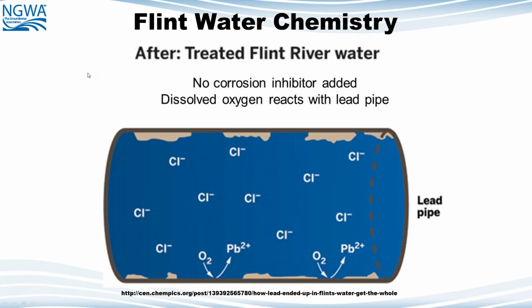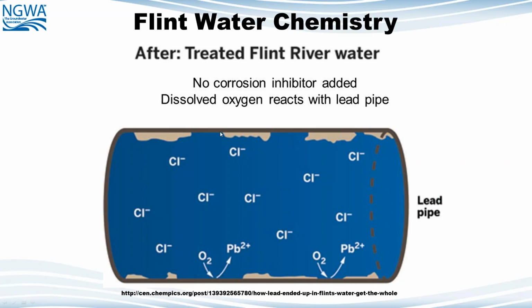Now, what the authorities did was they decided they wanted to go to a less expensive source of water, so they went to the Flint River. And really the problem with this whole thing is not chemistry. The problem is the authorities themselves. They didn't do their homework. And number one, they didn't add a corrosion inhibitor, and the piping, the lead piping that was in the homes,